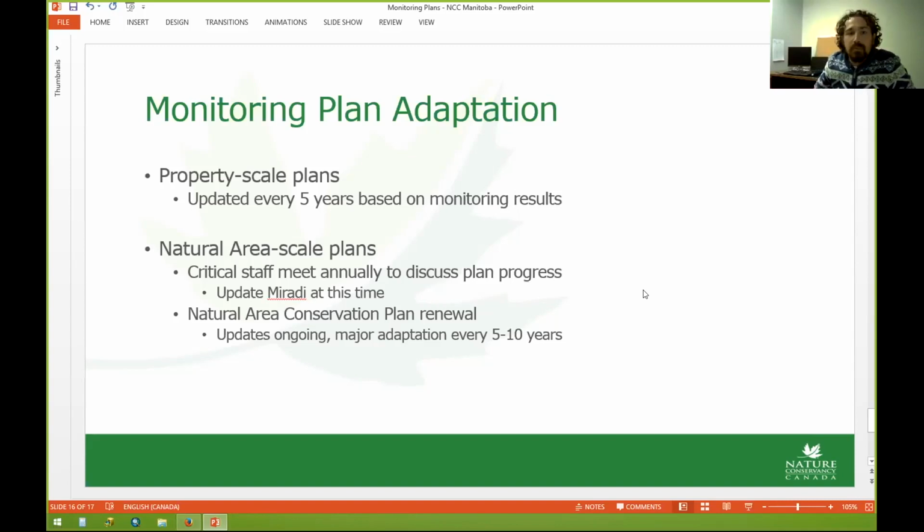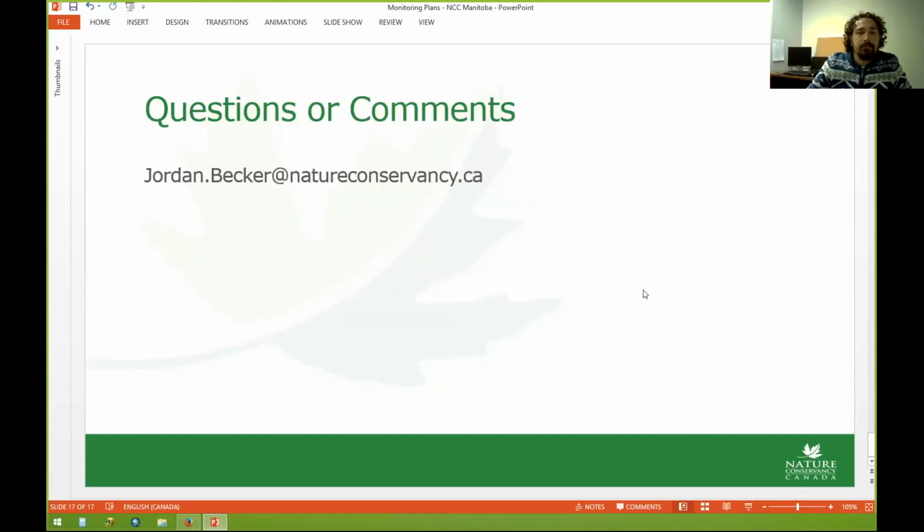Furthermore, the actual plan itself will have a major adaptation every 5 to 10 years when we will rewrite the whole plan itself. And that's kind of the overview of how NCC